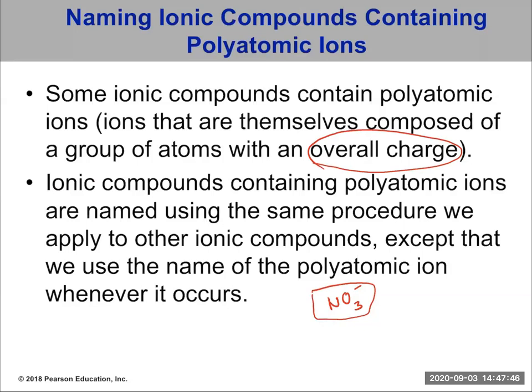Now, the reason they're considered ionic is because a polyatomic ion will usually be next to a metal. For example, it can be next to Mg. The charge of Mg is 2 plus, and the charge of NO3 is -1, and we usually put it in parentheses. So the formula would be Mg(NO3)2. The way you name it is you just say the name of the metal and the name of the polyatomic: magnesium nitrate.